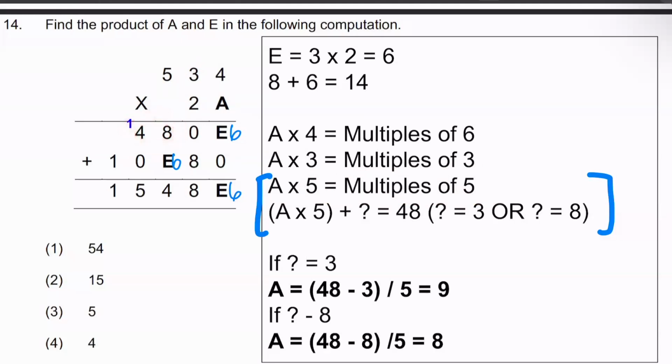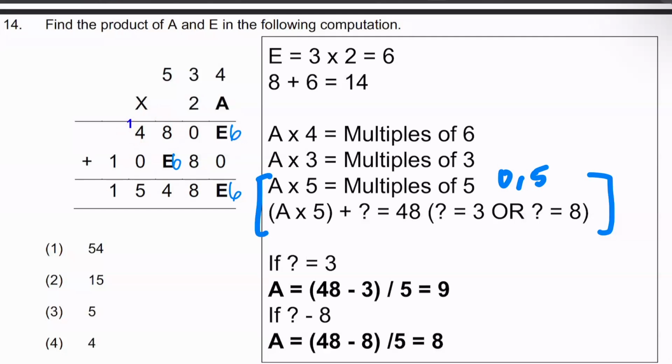Remember, multiples of 5 must end with 0 or 5, right? Multiples of 5 usually end with 0 or 5. So how come this is 48? Now, this is something that we must solve. So this could only mean one thing, which means that